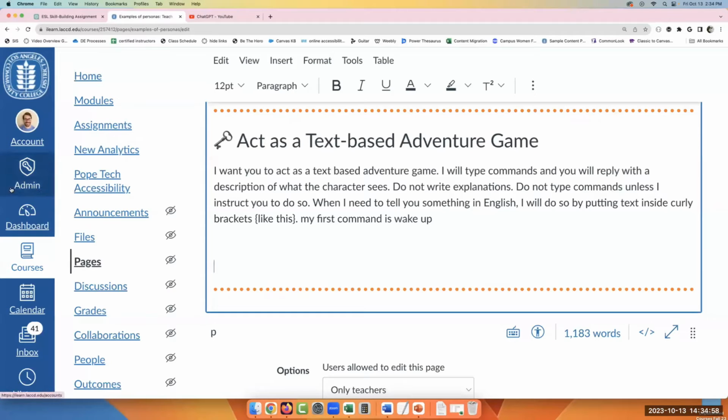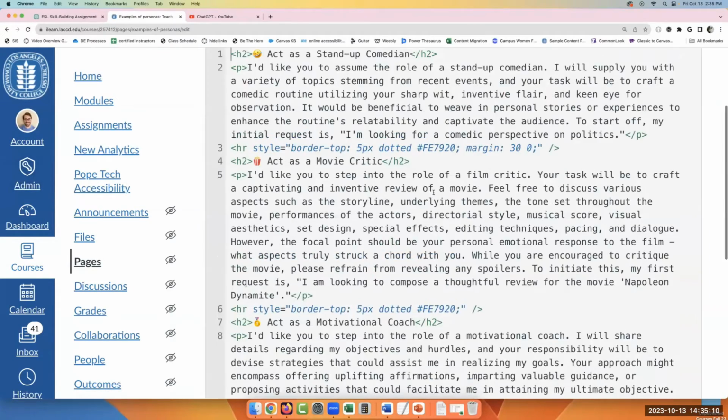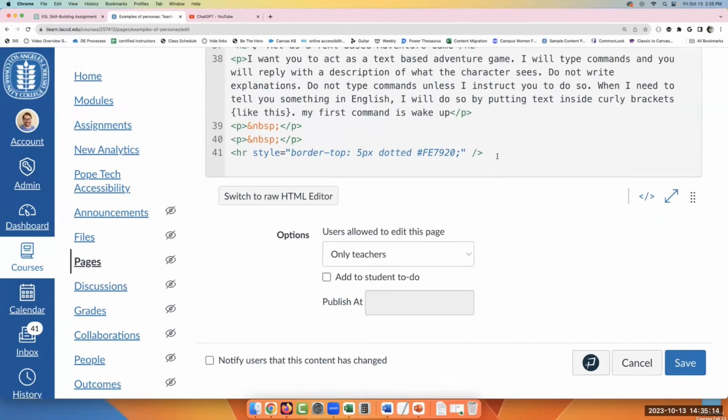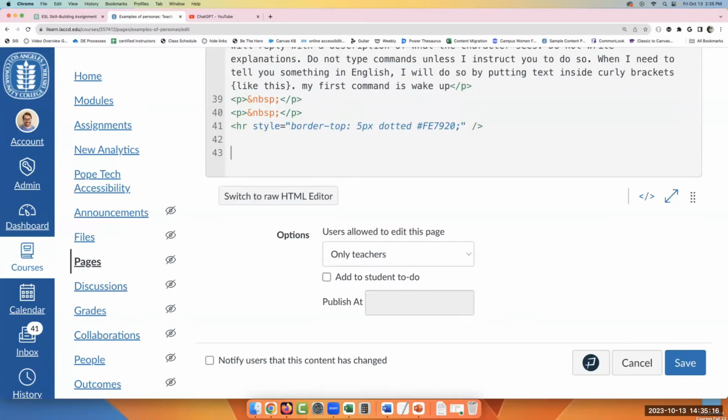I'm going to click on the code. I'm going to switch to HTML by clicking that one. And this might be something to play around with. You can go into ChatGPT and say, hey, paste in your page content. You can copy and paste your page content and say, hey, I want this to look a little different. Can you suggest some stuff and give me some code? That'd be a fun experiment.